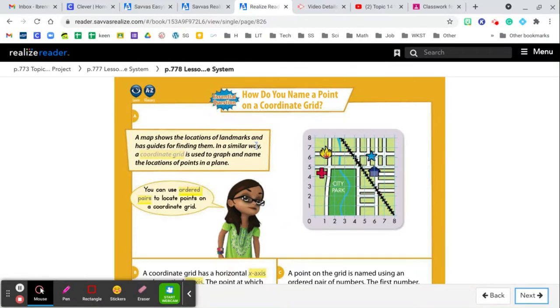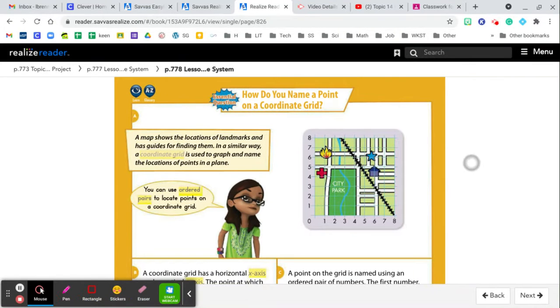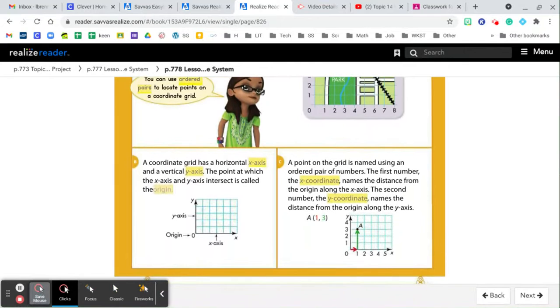All right, a map shows the location of landmarks and has guides for finding them. In a similar way, a coordinate grid is used to graph and name locations of points on a plane. So you can see this map uses a coordinate grid model to locate objects on the map. And you can use an ordered pair to find the object. A coordinate grid has a horizontal x-axis, and we talked about that. Our x-axis